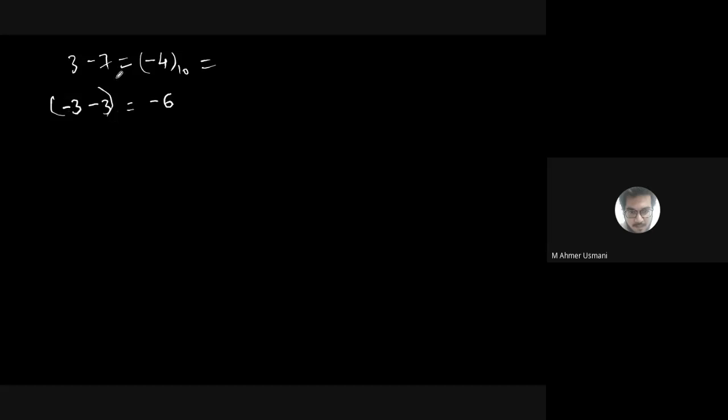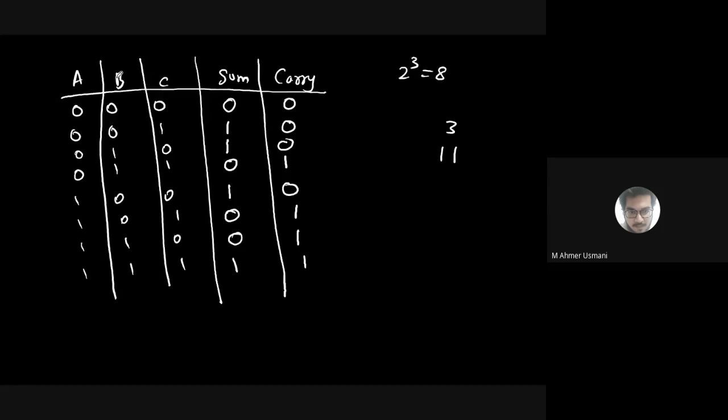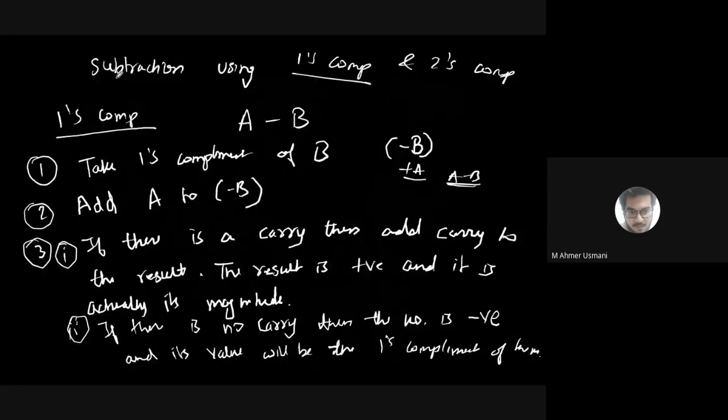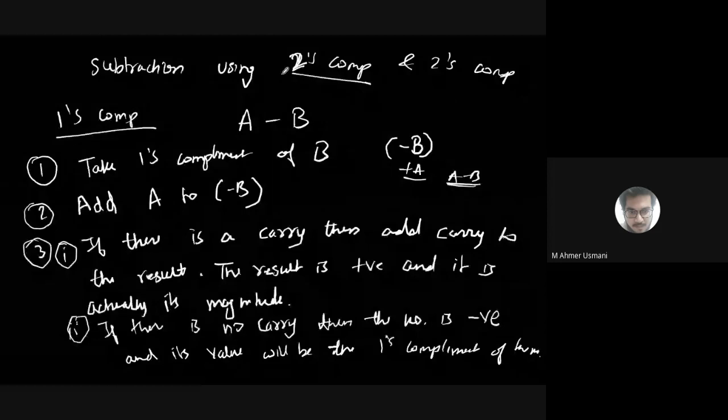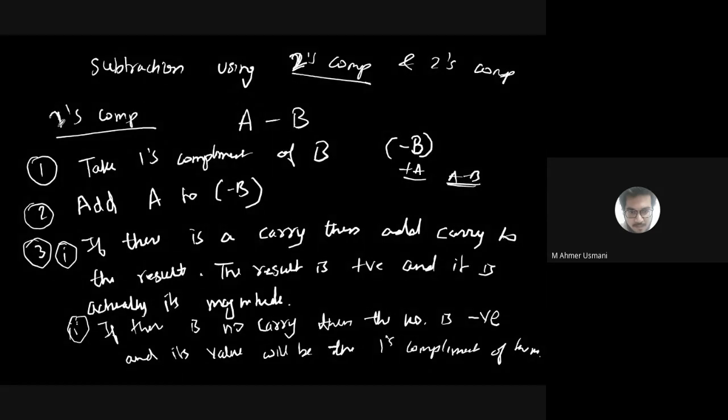The next topic that I was supposed to do is the same subtraction, but in this case, instead of 1's complement, we'll be using 2's complement. So just make a small change over here. Write down the algorithm for doing the subtraction using 2's complement. We'll be doing the same thing, which is a minus b, but using 2's complement. So instead of taking 1's complement of b, we take 2's complement.